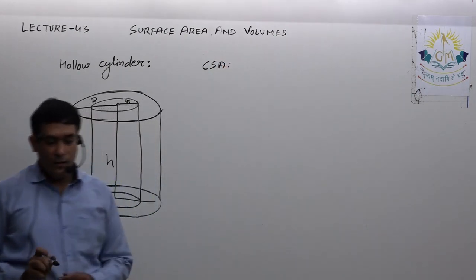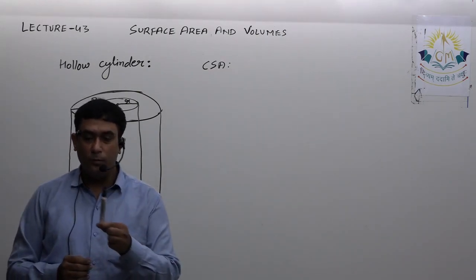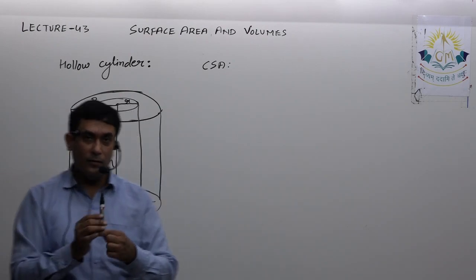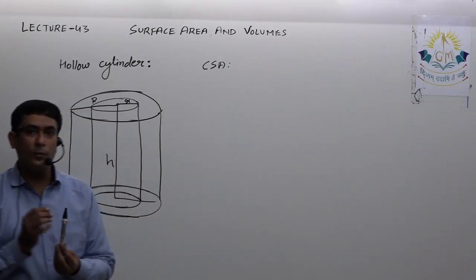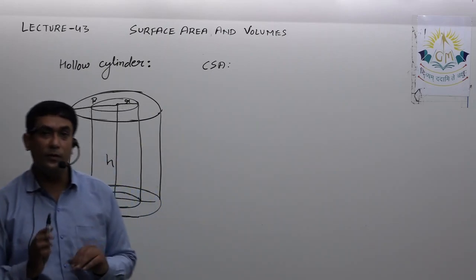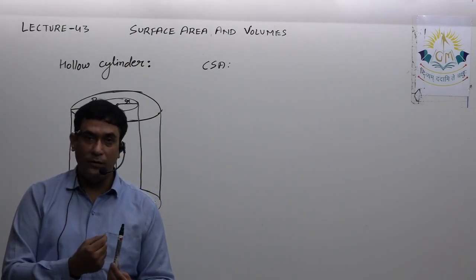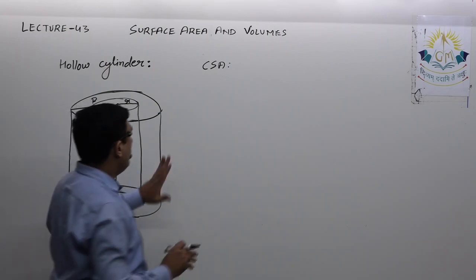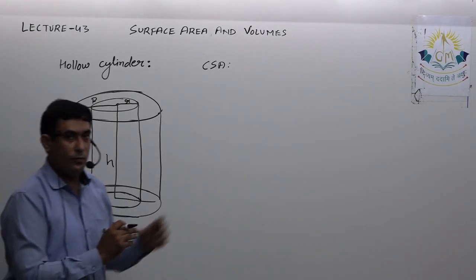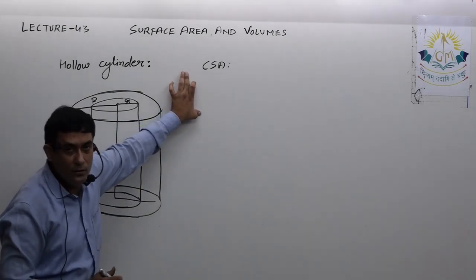See, curved surface area. Now, when I say cylinder is hollow, that means it is possible to see both its surfaces. You can see its inside surface as well as its external surface. In case of a solid cylinder, it is not possible to see its inner surface. That means in a hollow cylinder there are two curved surfaces visible to us, or two curved surfaces where we can paint. So whenever I have to find CSA, I have to check how many curved surfaces are there. So inner curved surface area plus outer curved surface area gives you the curved surface area of the hollow cylinder.